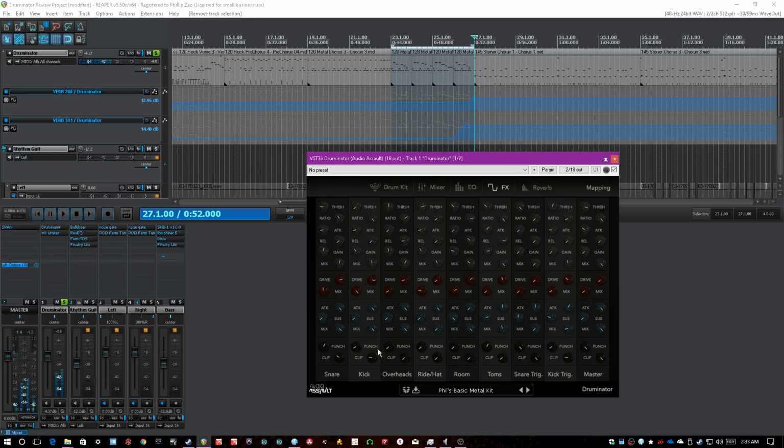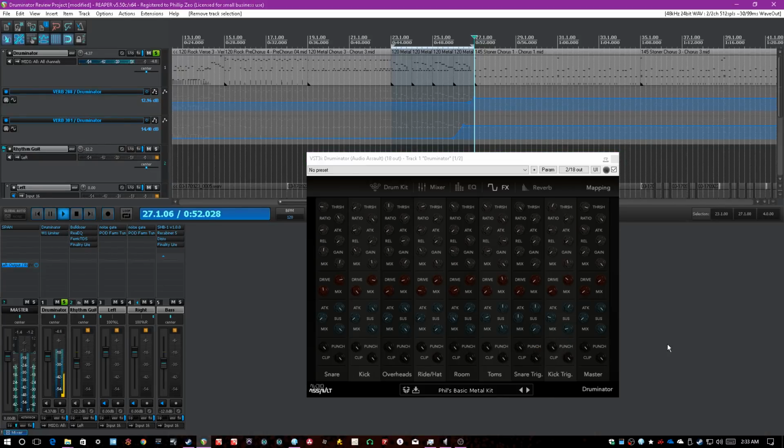You can push the punch on everything and clip the heck out of every single channel. And when you do that, you'll find that it sounds like a punchy, distorted mess. But the fact that you can get to that point and push it so hard,